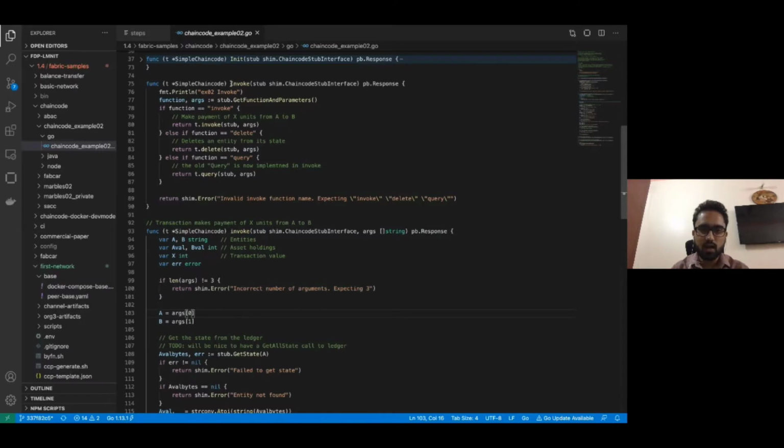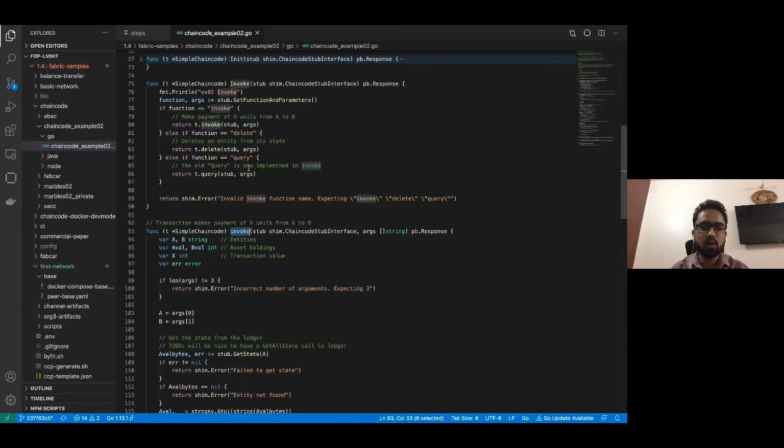In this call, we pass the function name and the parameters. When we use this function to get the function and the parameters, it will extract the function name and the arguments from our request, and based on the function, it will call the appropriate function that we have defined in our smart contract.